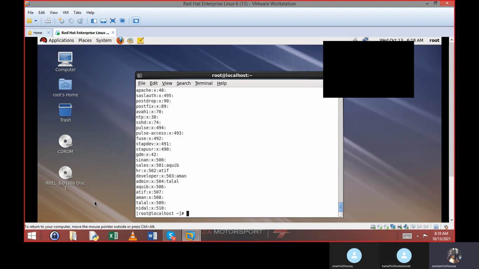Okay. That is the interview question. Yes, we can delete. No problem. Yes, we can delete a group if there is a user inside, but we cannot delete a directory if there is a file inside. First, we have to remove the file, then only can we delete the directory. Okay, this is the thing.